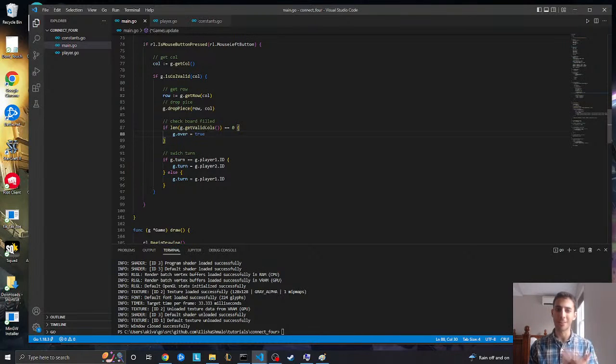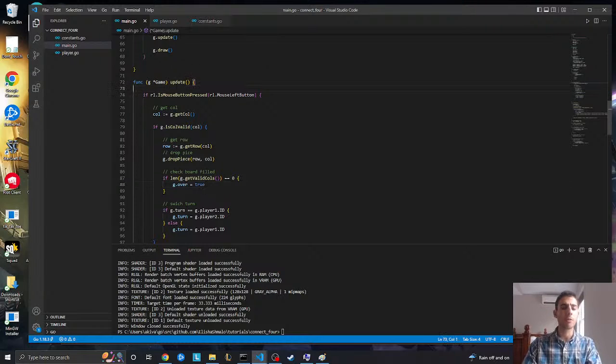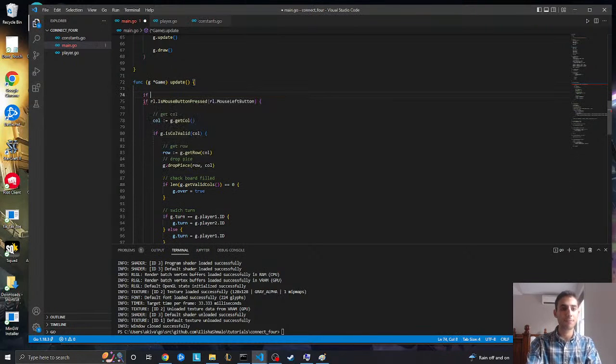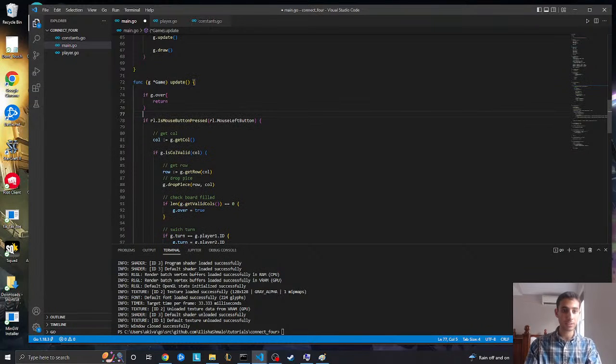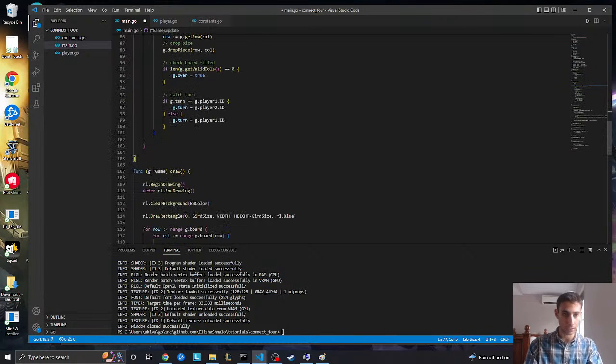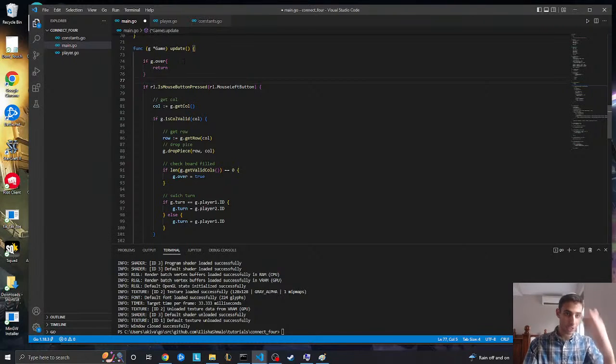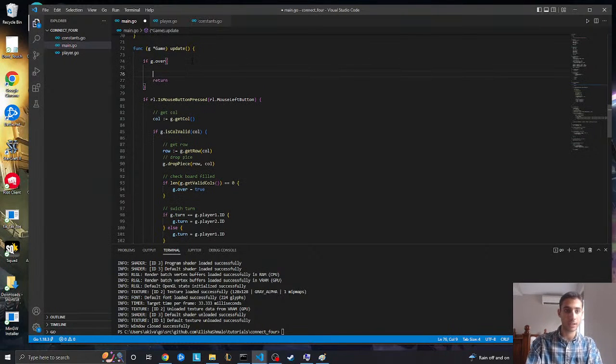And we're going to have to make another thing to keep track of the winner also, now that I think about it. But anyway, what we can do now is say if g.over, if the game is over, return. Don't update anything. Else, this is just basically saying else, do all this. And then in the g.over thing, before we return, we could say,